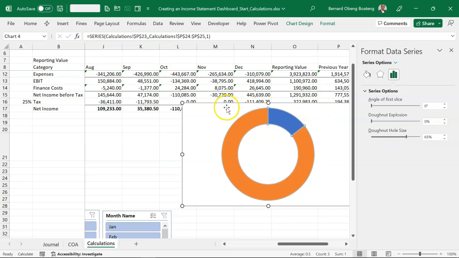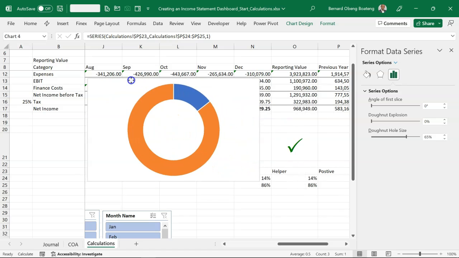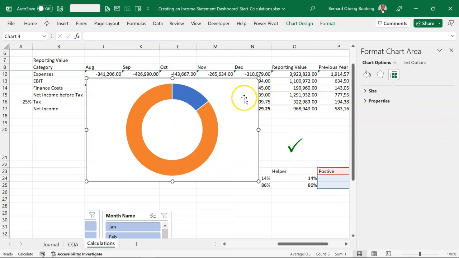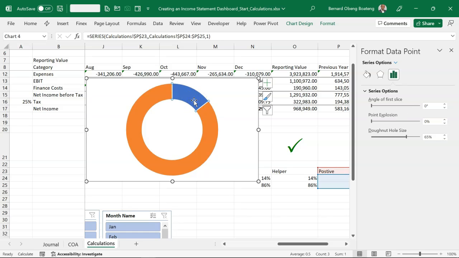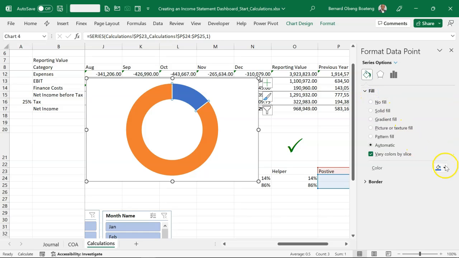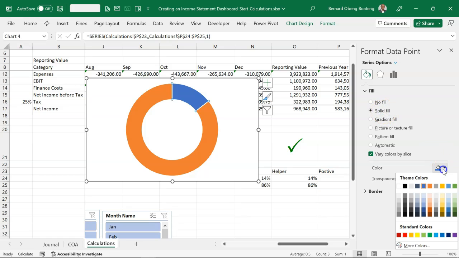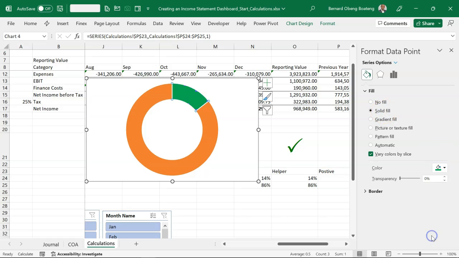Now we are going to go through a very simple formatting. So basically this part you see here, that's the main charting area. For our positive is going to be green. So here I'm going to change it to a solid fill, and then I'll choose green here. While the rest, I'm going to make this a faint gray,